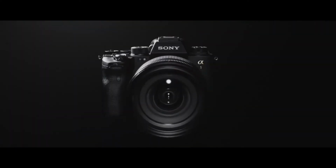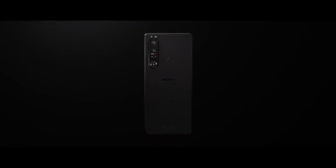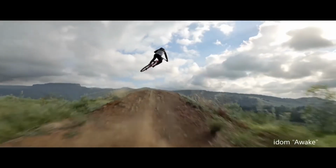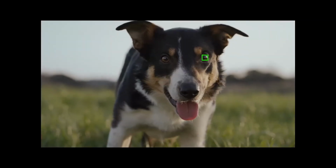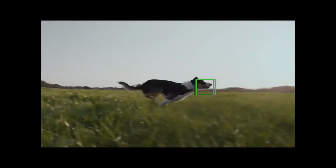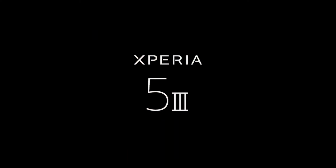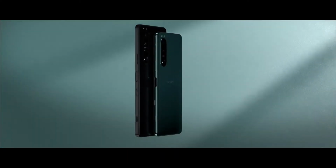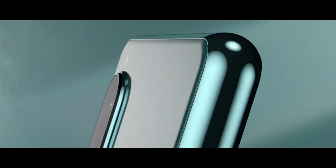So finally, Sony launched their two new Sony Xperia smartphones. One is the Sony Xperia 1 Mark III, and the other is the Sony Xperia 5 Mark III. Sony just held its Xperia event to introduce three new phones, with two of them being full-fledged flagship Xperia 1 Mark III and 5 Mark III. As before, the latter aims to appeal to users looking for something more compact without compromising anything in terms of